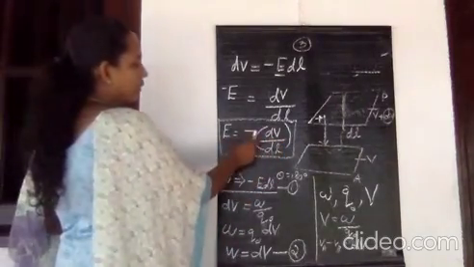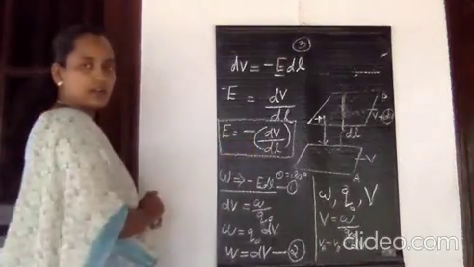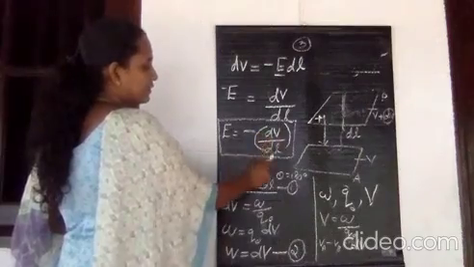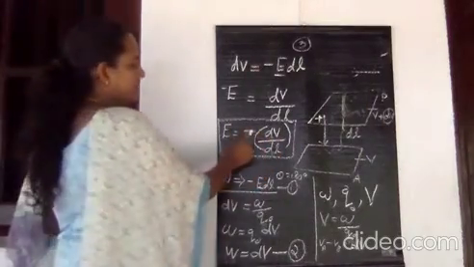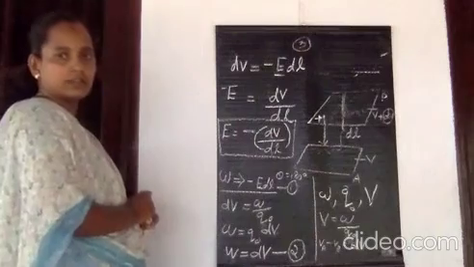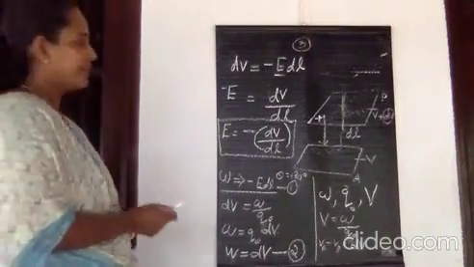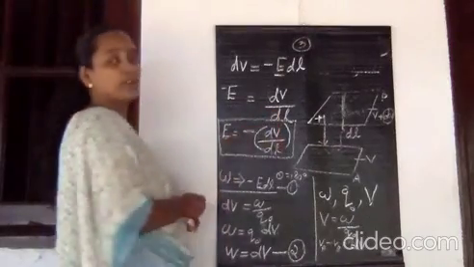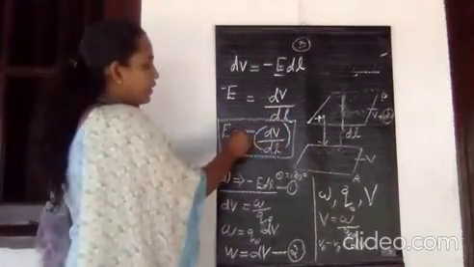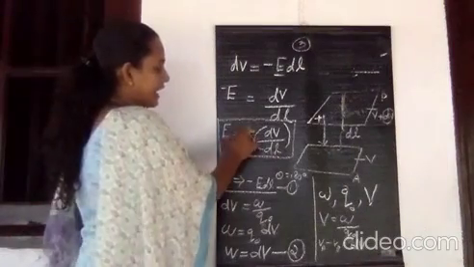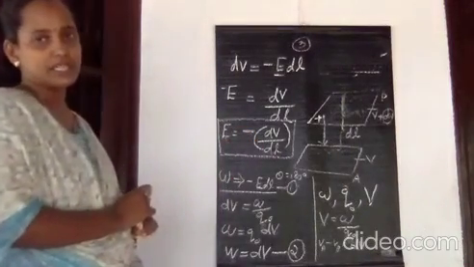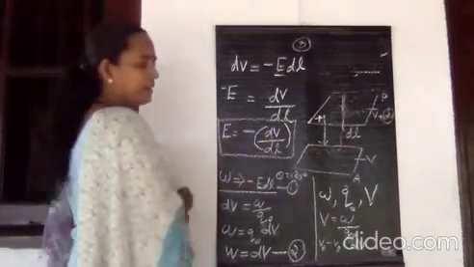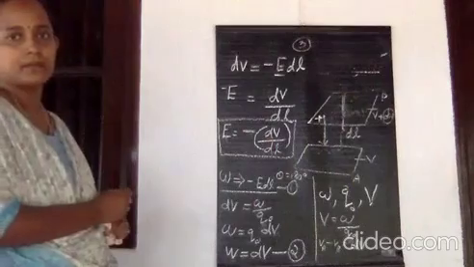So what is its meaning? What is the significance of the negative sign here? The magnitude of the electric field is equivalent to the derivative of change in potential with respect to the change in distance. But what is the significance of this negative sign? That negative sign signifies that the direction of the electric field is in the direction of decreasing potential. That is the meaning of negative. The direction of the electric field is in the direction of decreasing potential itself. Is it clear? Therefore, this is the relation connecting electric field and potential.